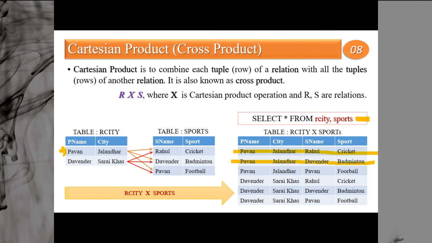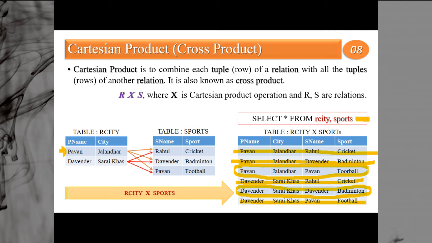But in this particular case, it satisfies because the p name, that is Pawan, is equal to the s name, that is also Pawan. Then here also it does not satisfy the condition because the p name is not equal to s name. Here the p name is equal to s name. This row satisfies the condition, and here also the p name does not satisfy the condition.